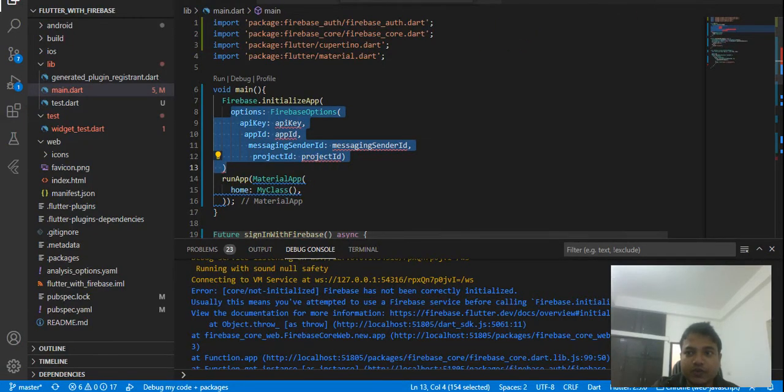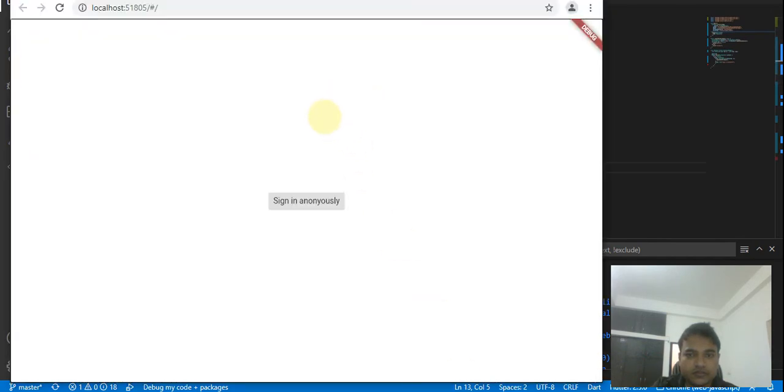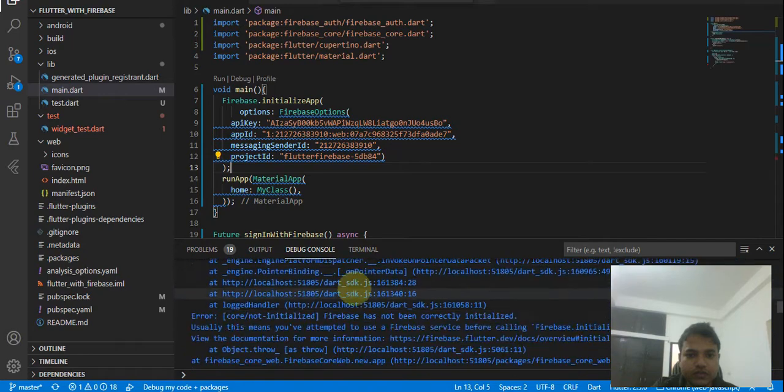Let me copy and paste it. Just copy and paste it and click on reload again. Let's see if it reloads or not.